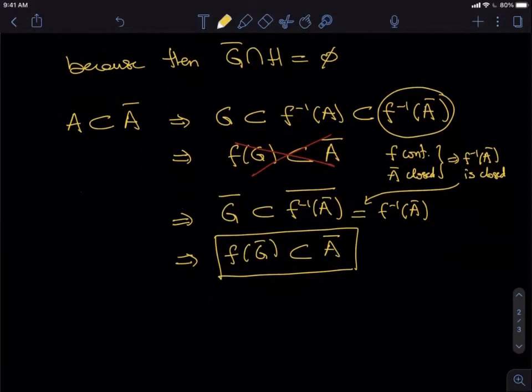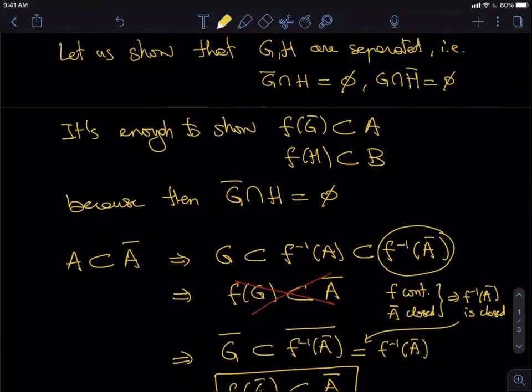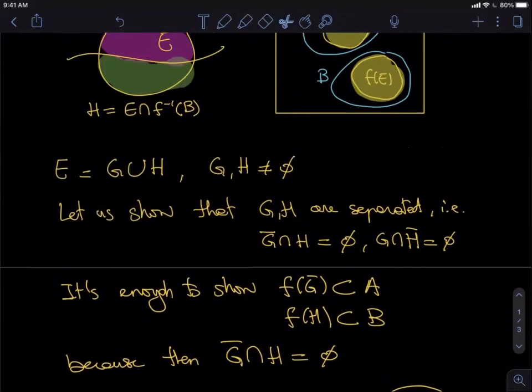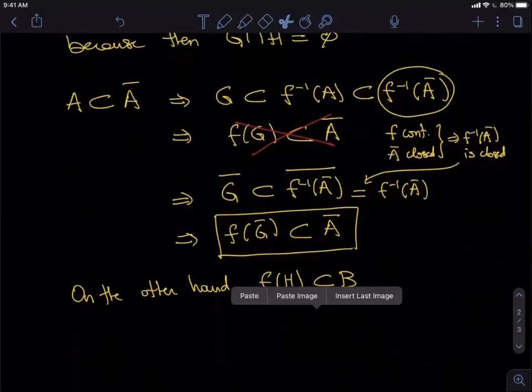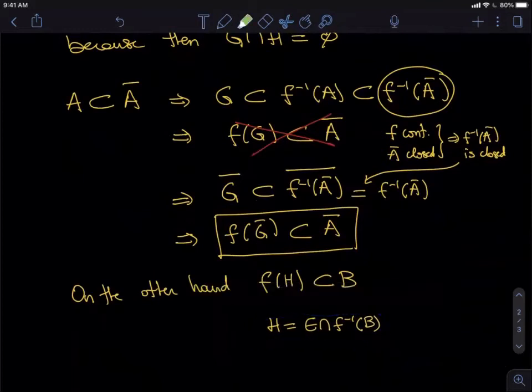Now notice that here we are all set because f of H is actually contained in B. Remember the way H is defined, it is part of the inverse image of B. So when we apply f, we get inside B. And this is all we need, because from these two together,